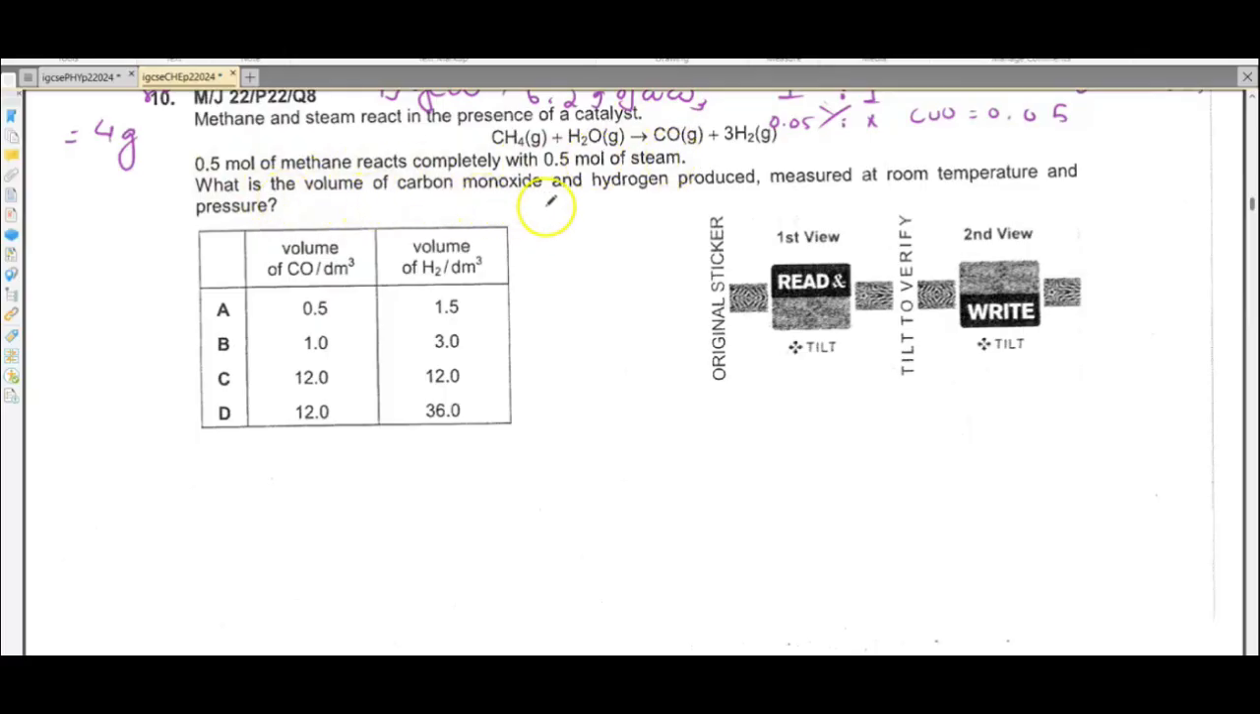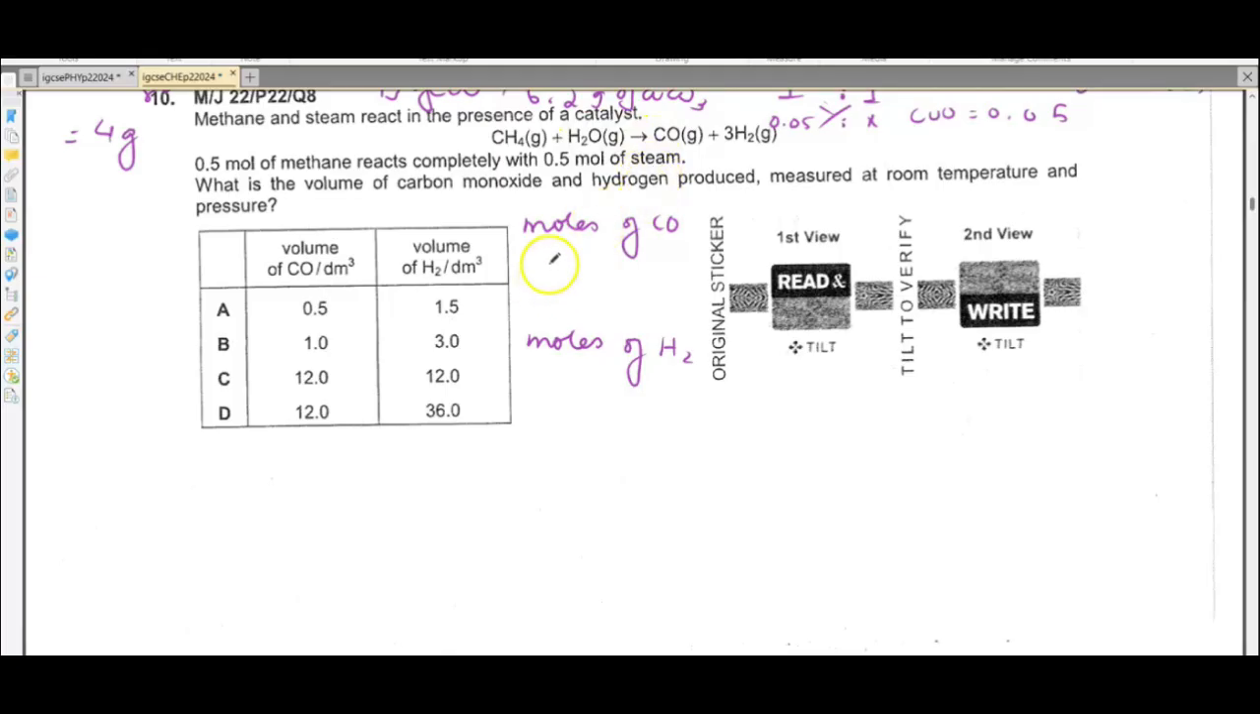What is the volume of carbon dioxide and hydrogen produced measured at room temperature and pressure? Okay. Now we know how many moles of steam and how many moles of methane are there. With the help of that, we can find the moles of carbon monoxide and moles of hydrogen. अच्छा, यहाँ पे 1 mole of methane was there, 1 mole of H2 was there, and 1 mole of